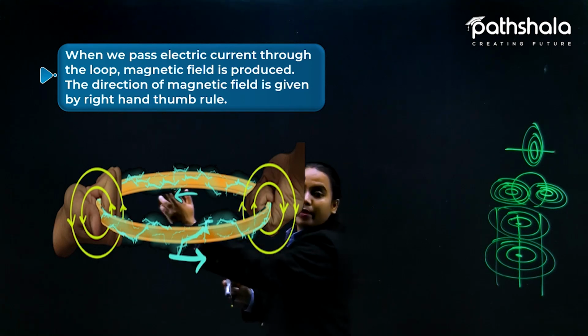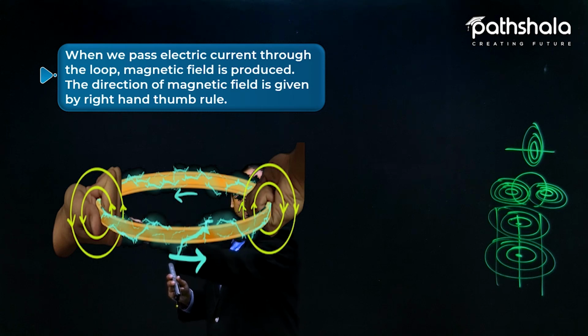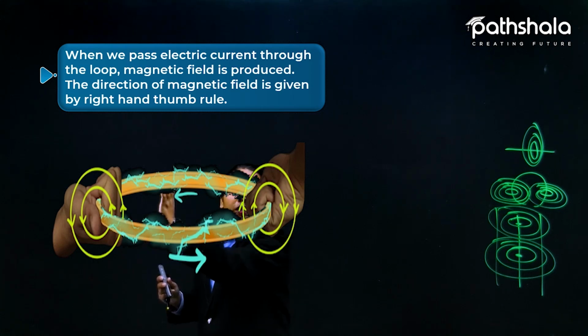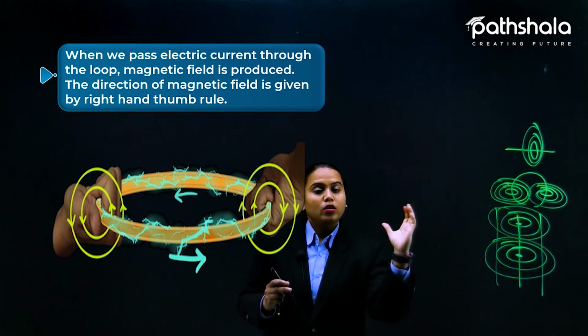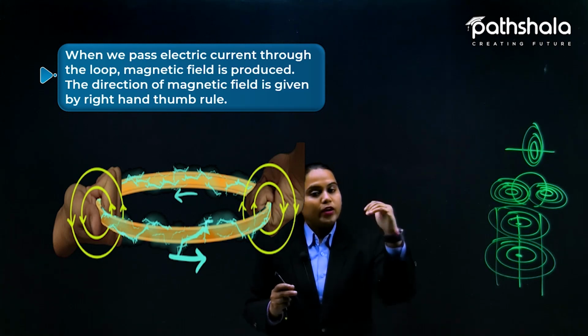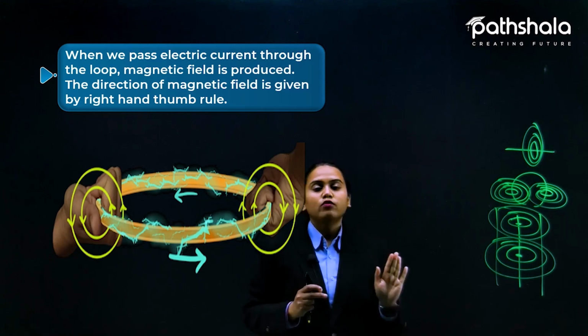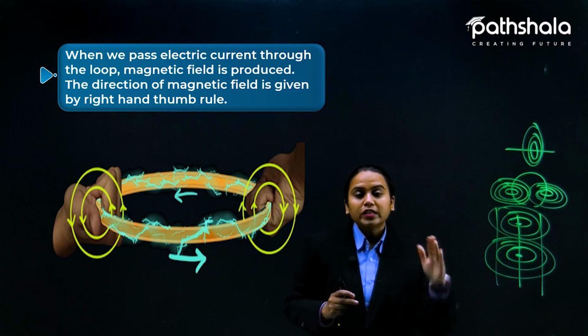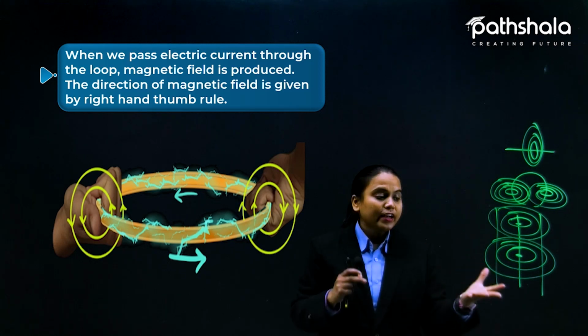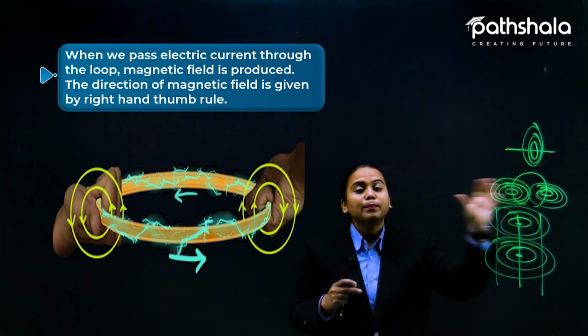And from the back side, now the current is here and moving here. Now current is moving in this direction. So now it will be like this. Likewise, it is very easy to find the magnetic field lines direction. But now what about the strength? What difference will it make to the strength?